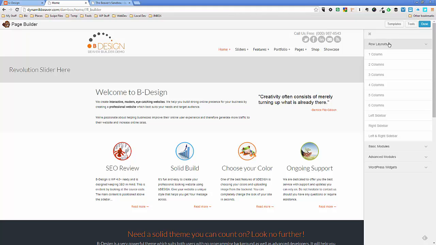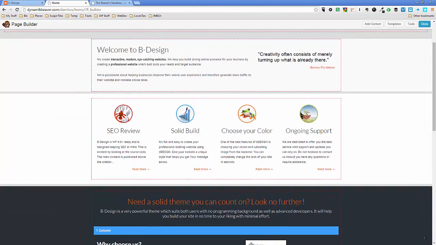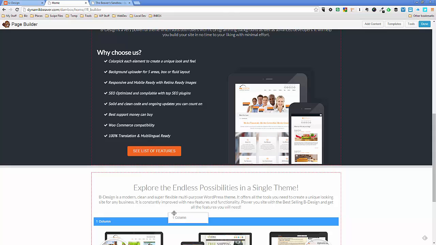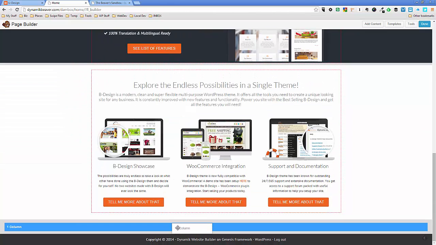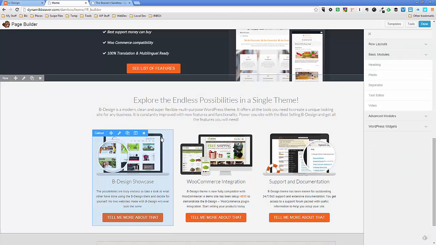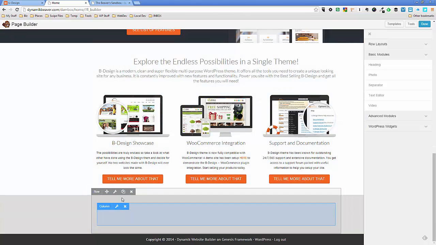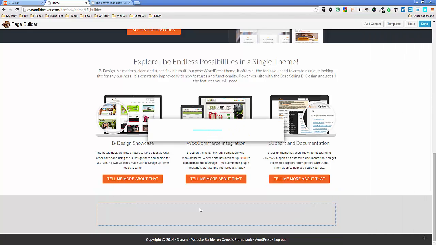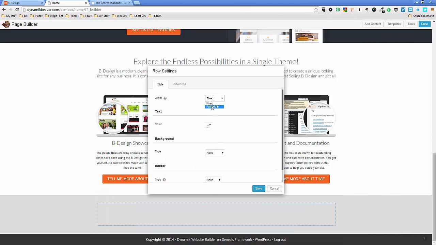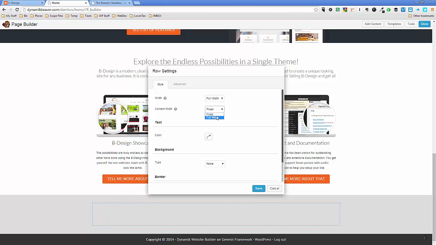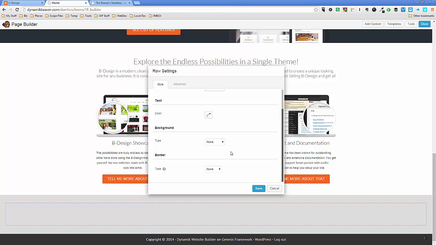We're going to add one column. We're going to drag that all the way down the bottom here, right underneath everything we've done so far. There we go. All right. Now, first thing we need to do is we need to find an image. No, first thing we need to do is actually go in here, change this to full width, okay? And we're going to change the content on this one to full width as well, and I'll show you why in a minute. Okay, the background is going to be an image on this one